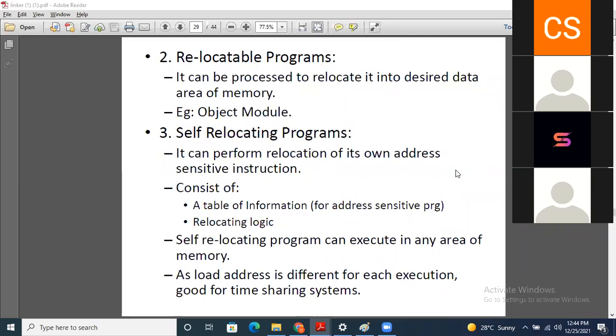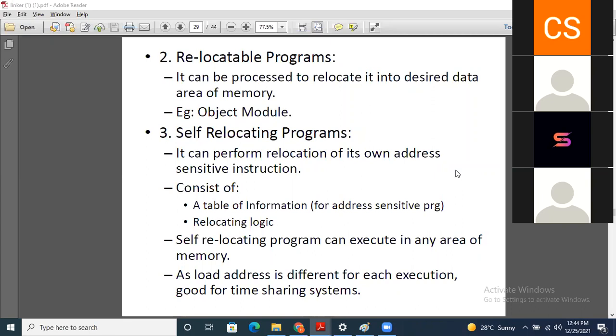So this self-relocating program can execute in any area of memory, like the relocatable program. Both the self-relocating program as well as the relocatable program can execute from any part of memory.